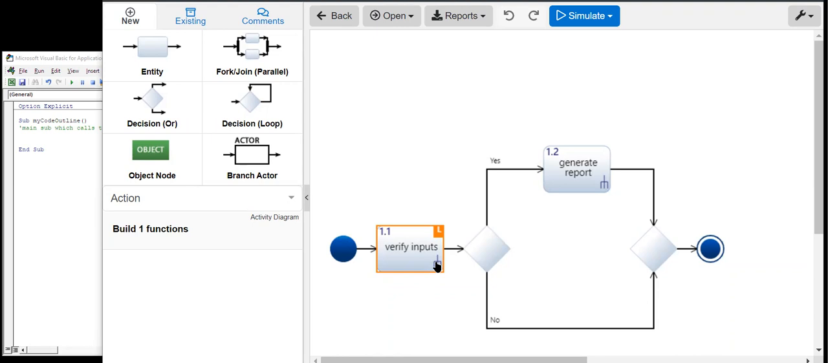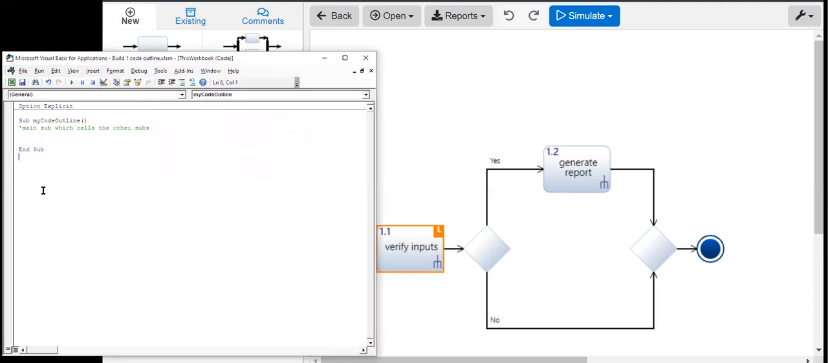But first, we're going to use this top level activity diagram to figure out how we're going to structure the code. In this case, it seems natural to structure verifying inputs as a separate sub, and then have generate report either be its own sub or part of the main sub. So we're going to write a main sub, which is going to generate the report, and then a secondary sub, which does the input verification. So switching back to our VBA code,